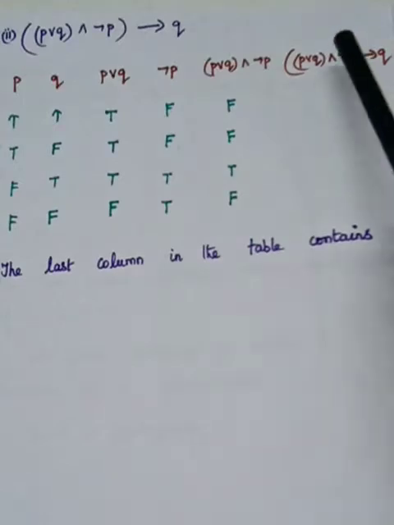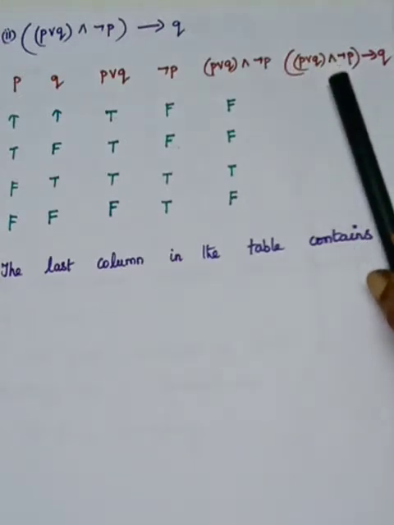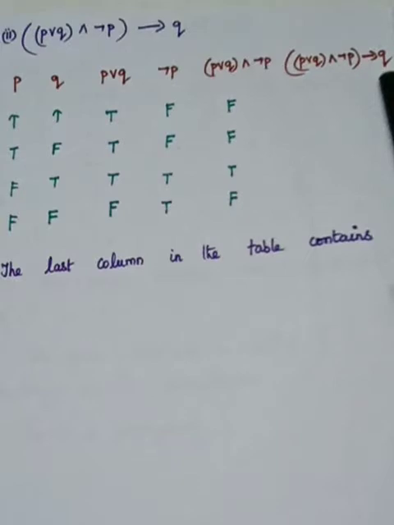So if this statement, then Q. So it is a conditional statement. It looks like P implies Q. P implies Q. So what you have to see? You have to see only one condition. If the first statement is true and the second statement is false means the P implies Q is false. You have to see that if the first statement is true and the second statement is false, then false. Otherwise the remaining everything is true.